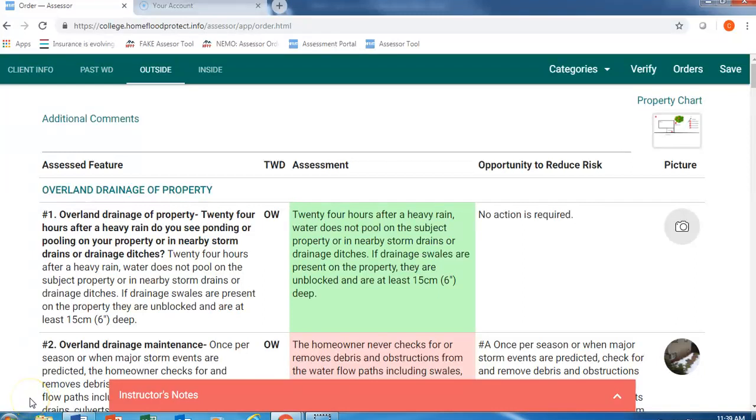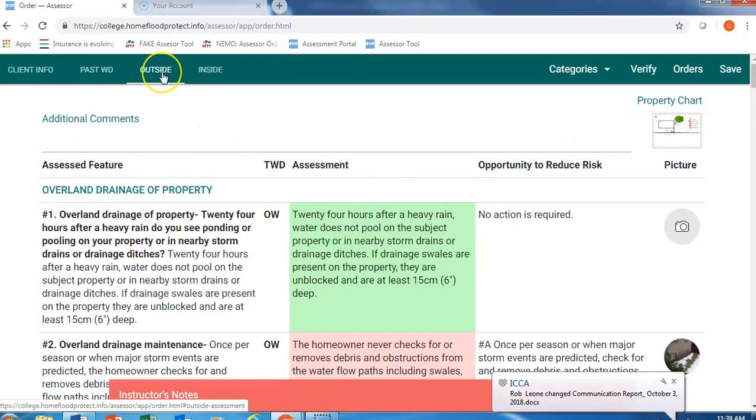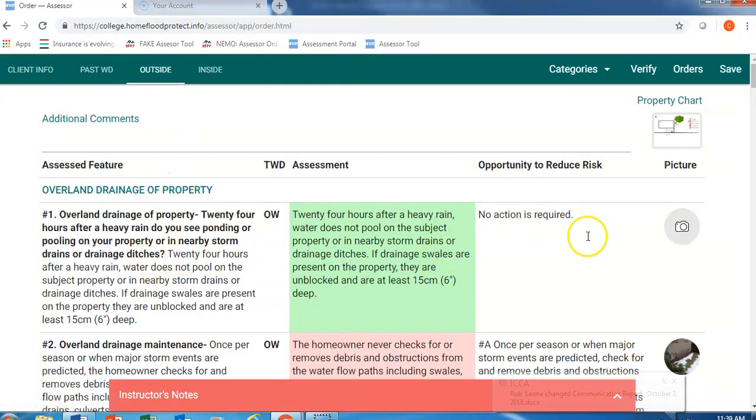This video will give you simple instructions for labeling your property chart outside and inside, and also to check the formatting of your report to see if you've made any mistakes and if you have to go back and fix them up. So first of all, when you're on your outside assessment tab, you need to remember to provide a